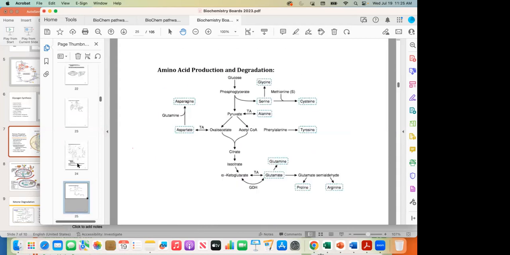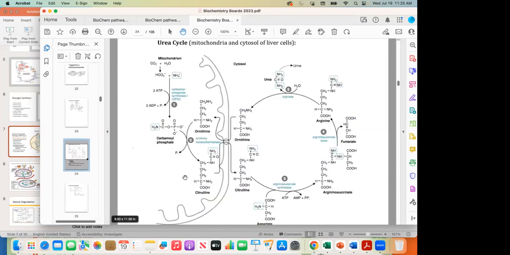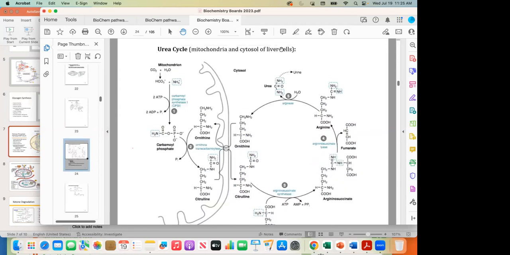Does it just occur in the liver? Correct. Ammonia is the toxic element that gets transported to the liver for removal? Yes, for removal. You can have buildup in the blood, and then the liver cells will take it up. And you also have breakdown of it in liver cells as well.